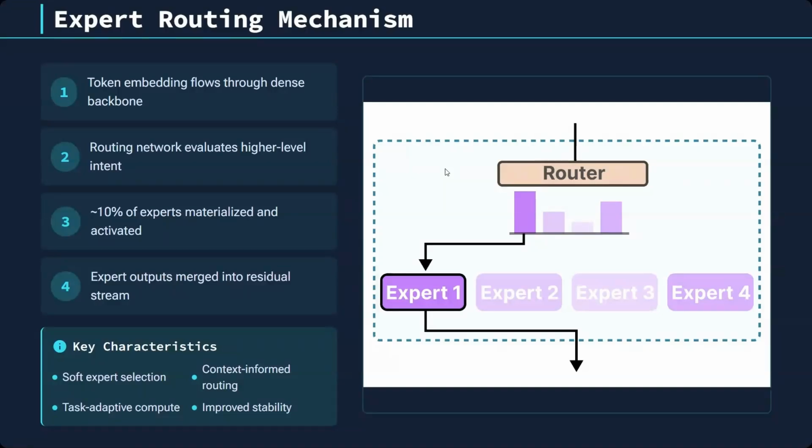Now, why do we need Mamba here? Mamba 2 is a sequence model that gives you linear time scaling. So it means it keeps track of long range dependencies with much lower memory. So Nemotron 3 uses Mamba to handle the massive 1 million token contextual window without exploding the KV cache, which